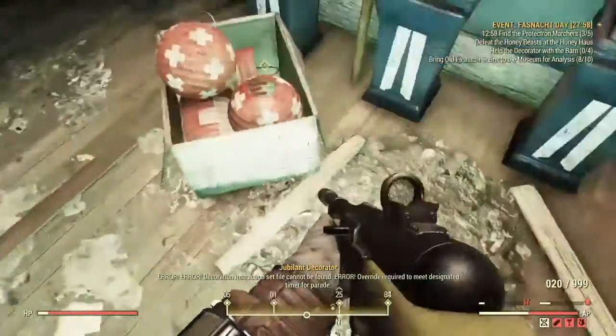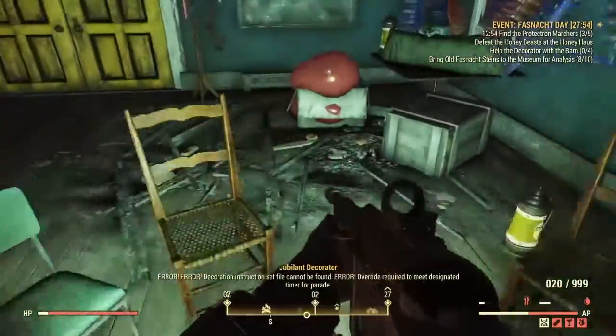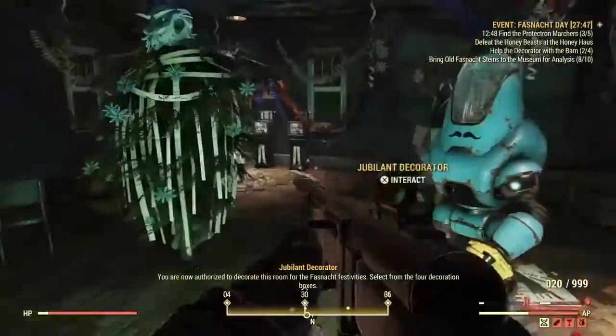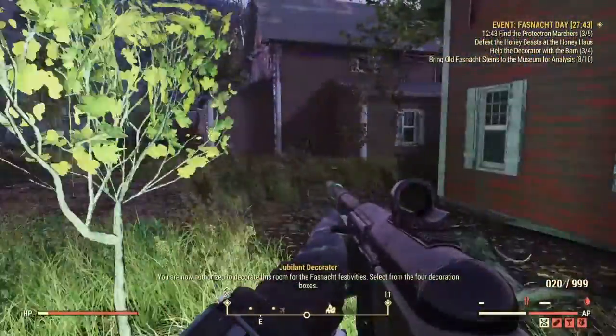Error override required. Very fast. To meet designated timer for parade. You are now authorized to decorate this room for the Fasnacht festivities. And at that, select from the four